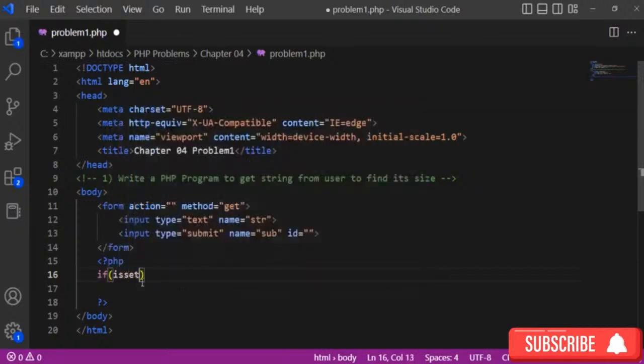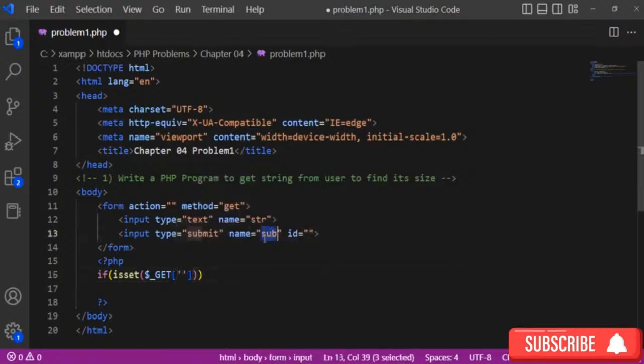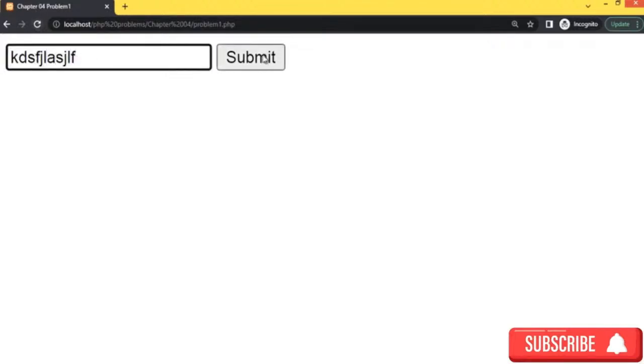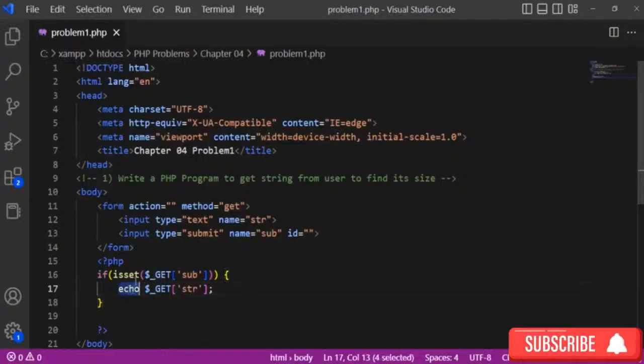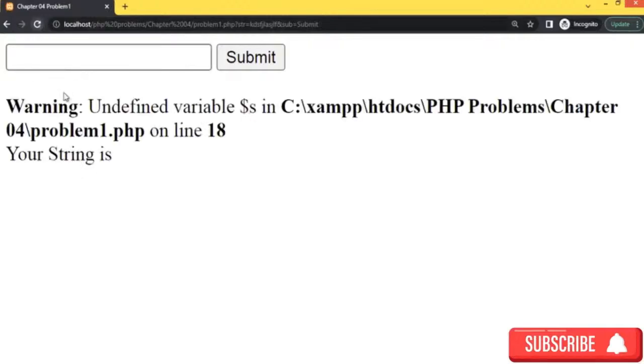There is a method that we already discussed in previous classes. If we set using the get method, and when this sub button is set, meaning it is active, when this is pressed, then what I have to do is get, using the get variable, this name attribute value. So using the name attribute value I can fetch the field data. When I echo, just for testing purposes, and refresh this, when you write anything and submit, you can see that it is displaying here. I can also store this into a string variable, and then I can echo: your string is this one. I just want to display the user string, refresh this, undefined variable as